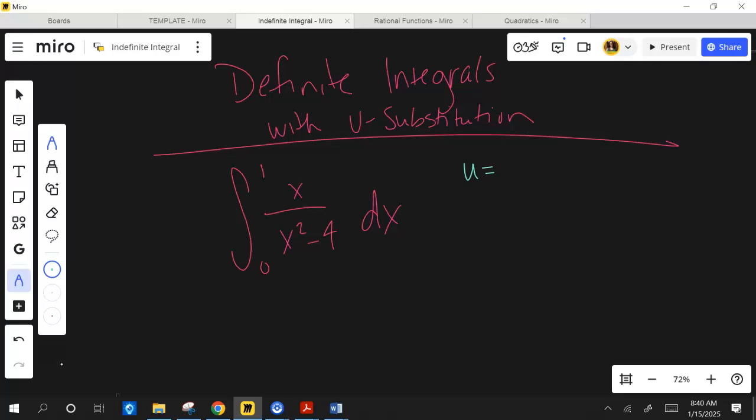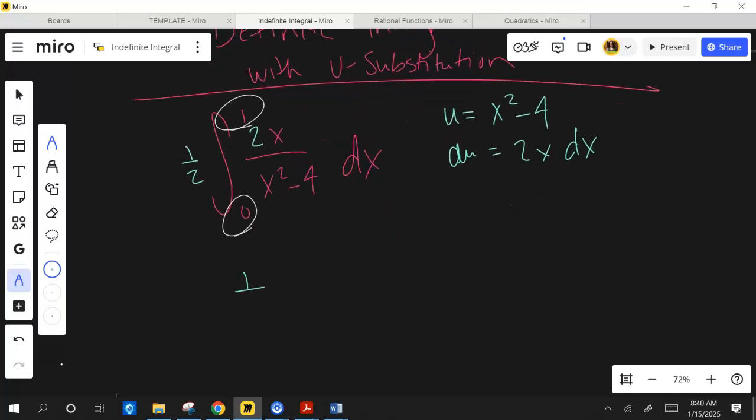Yes, yes, yes. It is, but in this case, we're going to let it be our u. It's not going to help me to factor it out. Good. What would du be? Okay, so I'm multiplying a 2 up here, which means I need to counter with a 1/2 out here. Now, this one's different because I've got to plug in, but I got to be careful whenever I plug in. So let's finish working our way through. I've got 1/2 times the integral from 0 to 1 of du over u. Agree or disagree?